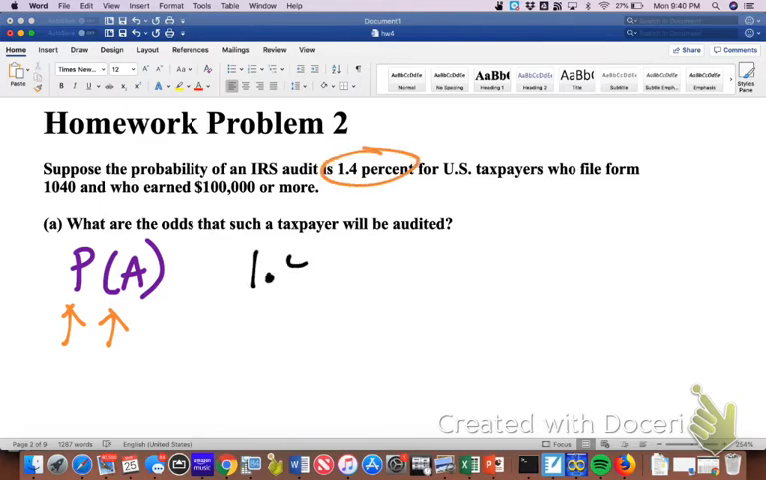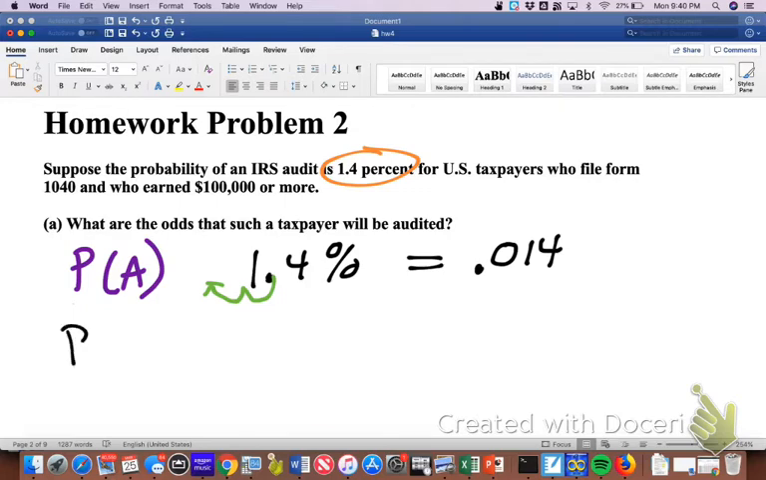1.4%. So in order to use this in a more manageable fashion, we're going to convert this percent to a decimal. And in order to do that, I'm going to move the decimal point 2 places to the left, which means that it will now be 0.014. So the probability of being audited is